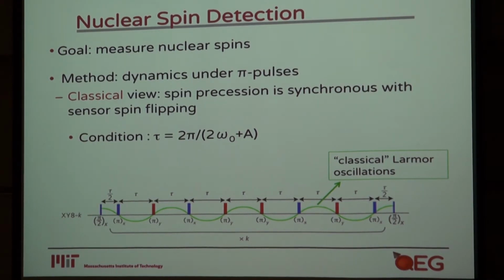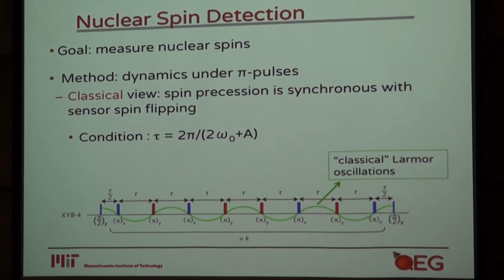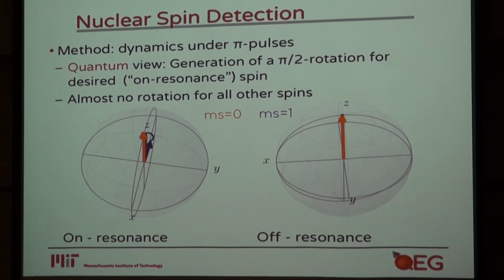And if you adopt a quantum point of view, which I like better because I like quantum better than classical, what you're actually doing is to engineer a dynamics of the nuclear spin by controlling the electronic spin. So in practice, what you're trying to do is to generate a pi over 2 rotation of the nuclear spin, and only of the nuclear spin which is on resonance with this condition here, while all the other spins which are not on resonance will have some very small evolution,